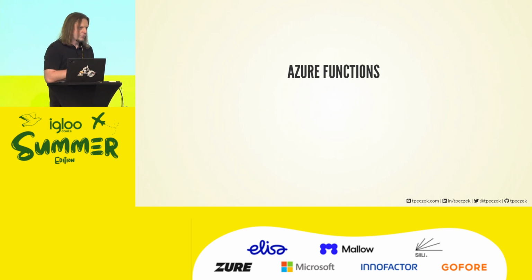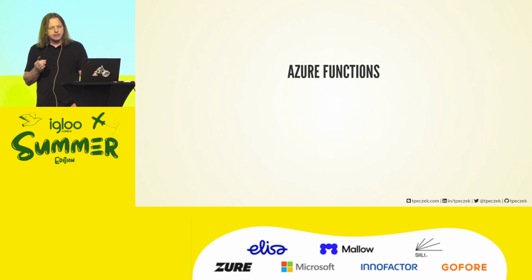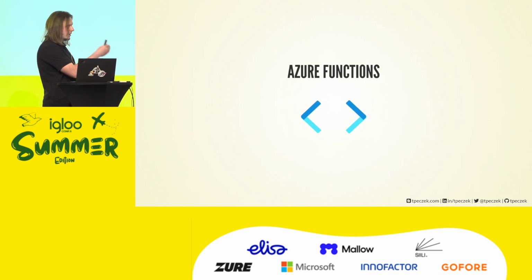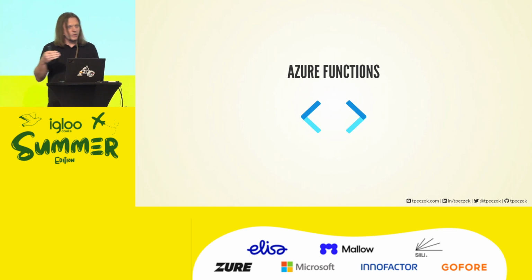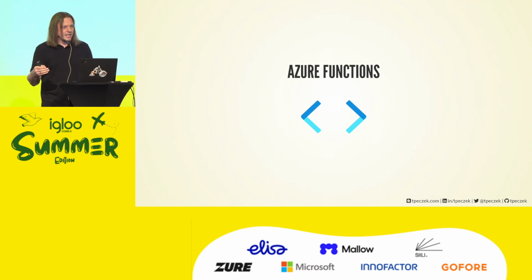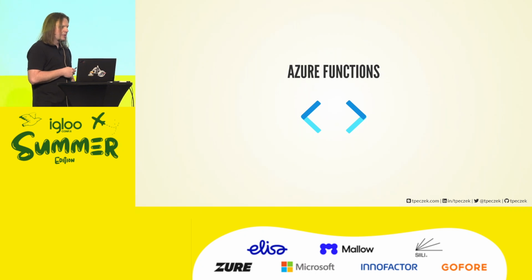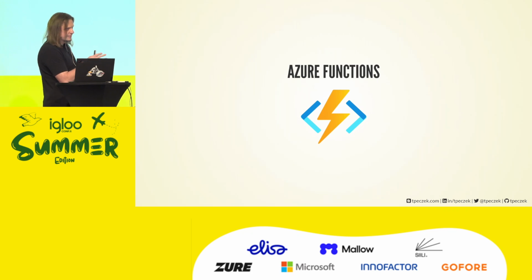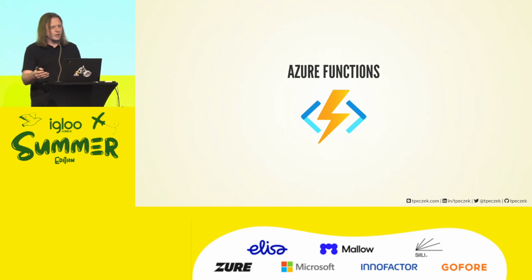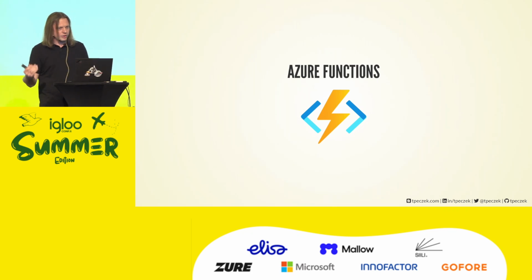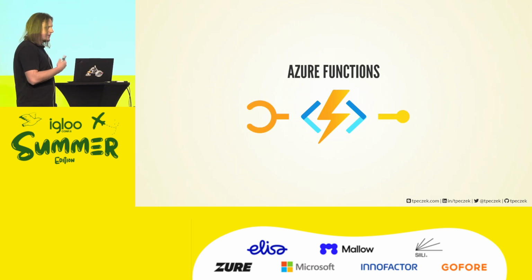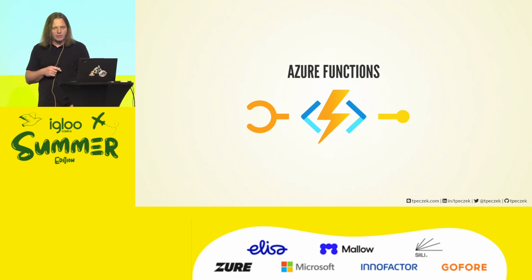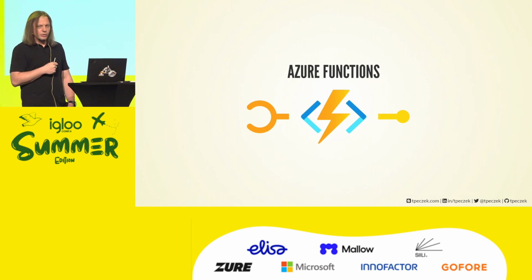Because what Azure Functions wants to do for us, they want to enable us to focus on the business code, the code that is actually important for our organization or clients, right? The code that we are actually getting paid for. And it promises that we'll run that code in result of all the other events happening in the system, right? Well, that's, of course, a simplification. Our code is never that simple. Our code requires some additional data on the input. It will produce some data. And Azure Functions wants to deal with that as well. Azure Functions wants to take away the integration responsibility from us, allow us to focus on the business code.